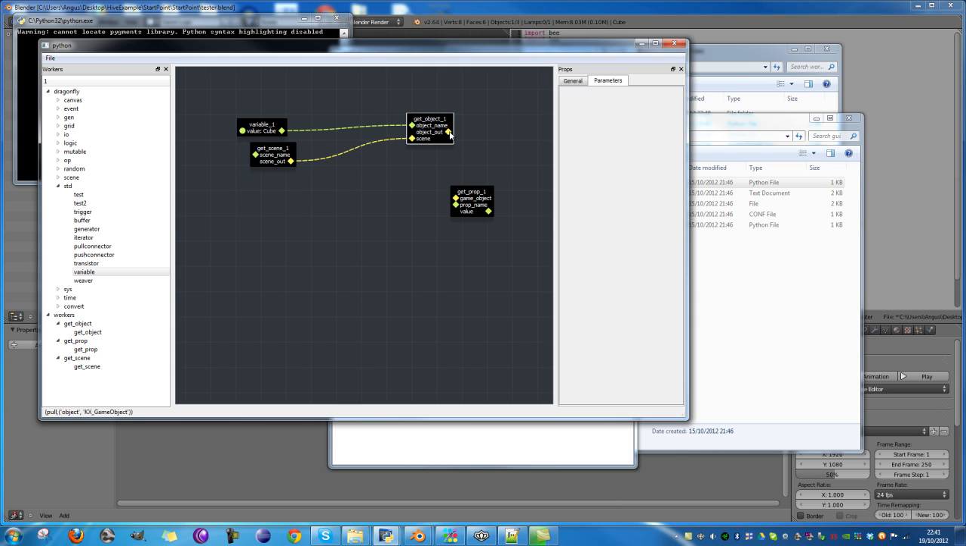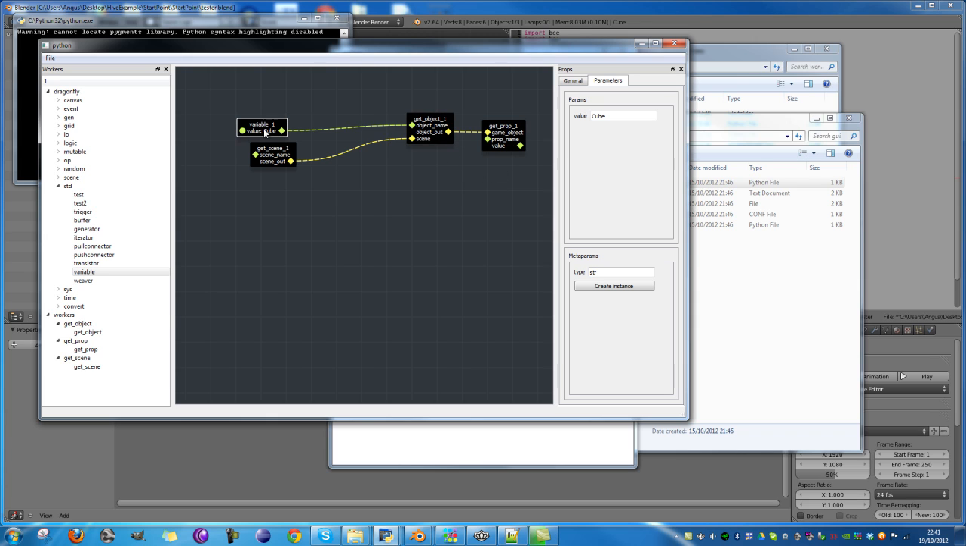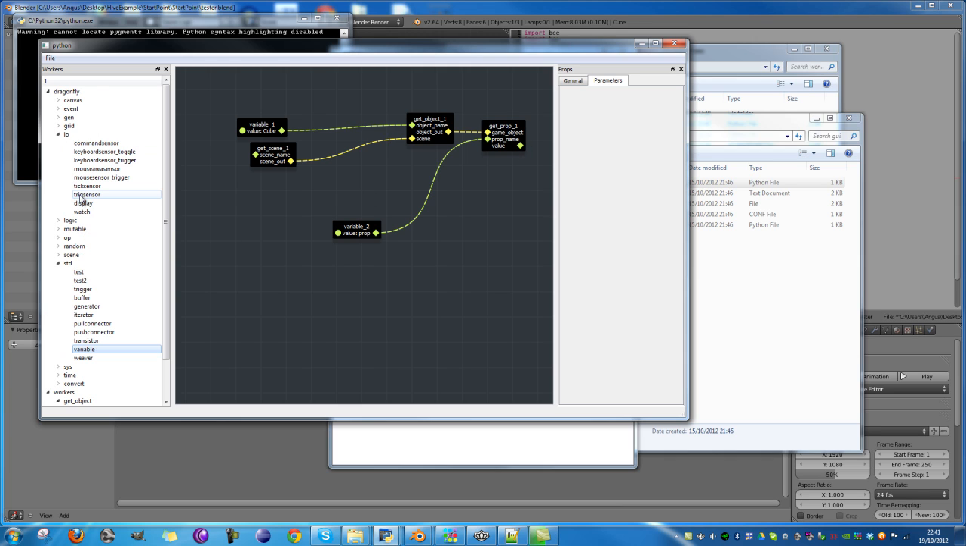Now the object, we connect the object out to the game object on get prop. We're going to copy this variable, connect it to the prop name, and set the variable value to prop, all lowercase. Now I'm going to go to IO,